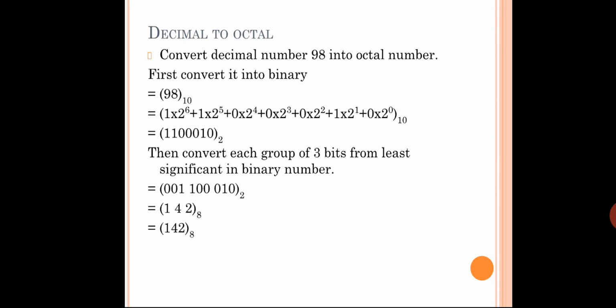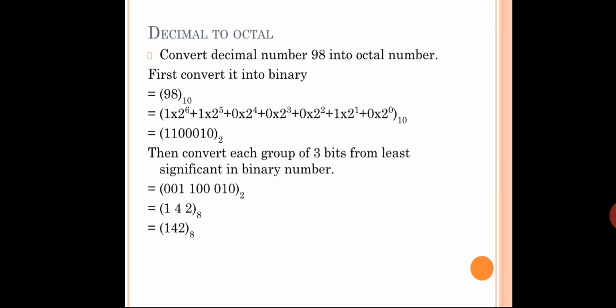So based on the position value, it is very easy. Now you can ask, how 4, sir? How does 100 mean 4? Consider again the right hand side only. 0 into 2 to the power 0 plus 0 into 2 to the power 1 plus 1 into 2 to the power 2. So 1 into 2 to the power 2 is nothing but 4, and the rest of the things are 0. That is the reason why you are not adding any other number.